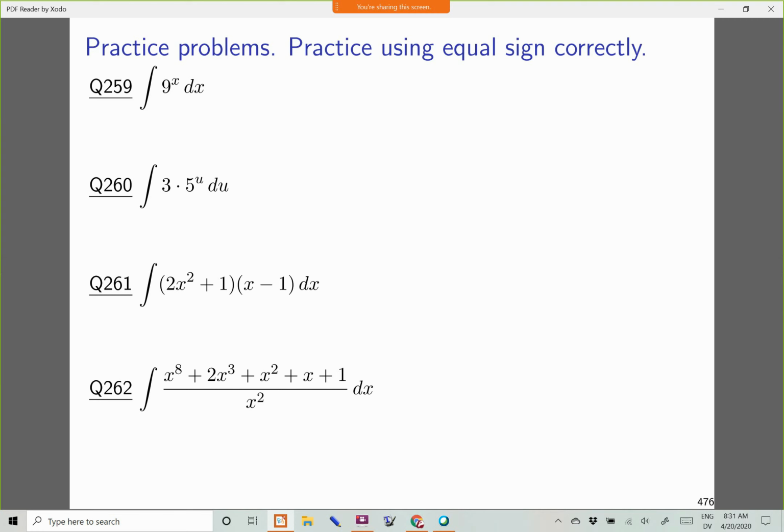Let's give this a run though. I apologize if I didn't give everyone quite enough time. So, okay, here we go. The first one, antiderivative of 9^x dx. This one's meant to just be a direct application of that integral rule for exponentials that we just saw. So the final result after an equal sign should be 9^x over ln of 9 plus c. Please don't forget the plus c.